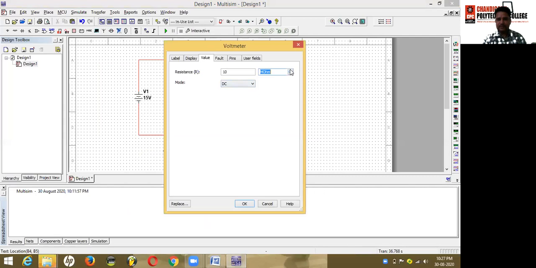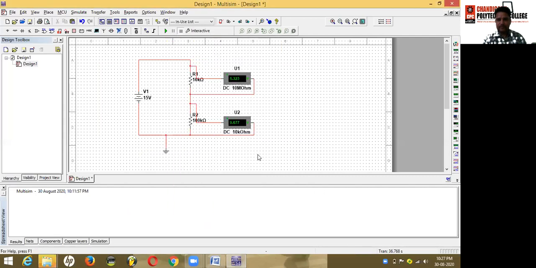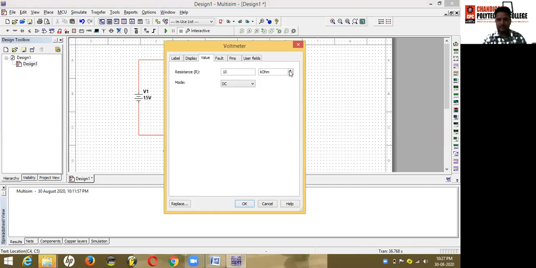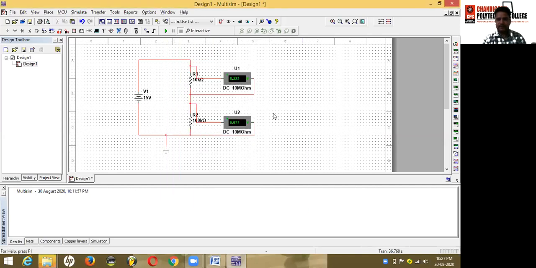Here we will stop the simulation and change the internal resistance to mega ohm. We have changed the internal resistance of the measuring instrument from kilo ohm to mega ohm. Now we will run this circuit.